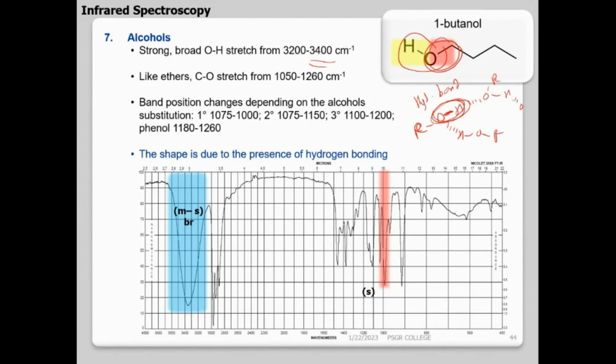So ஒரு bond, what is bond formation? எப்படி ஒரு bond formation கண்டுபிடிப்பாங்க? Sharing of electrons. So two electrons make up a bond, so there will be electron density. Whenever this bond is shared only between these two atoms, it will have strong electron density, stronger bond. But once it starts sharing its electrons with the neighboring atom, the electron density disperse ஆகும். So bond weaker ஆயிரும். Bond weaker ஆச்சுன்னா bond strength குறைஞ்சிரும், so you'll be having lower. So hydrogen bondingனால என்னோட bond strength குறையும். Bond strength குறையறதுனால vibration frequency குறையும்.